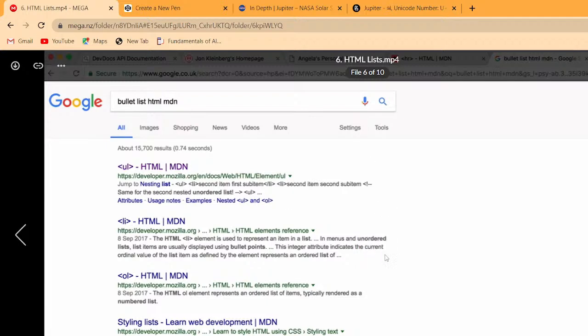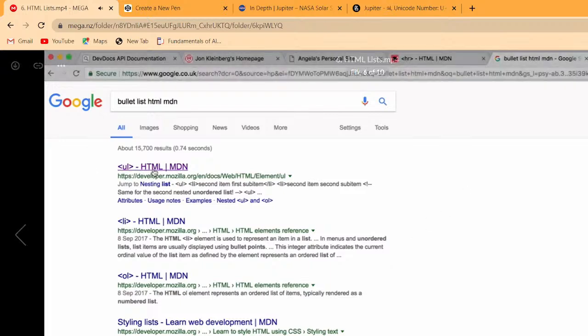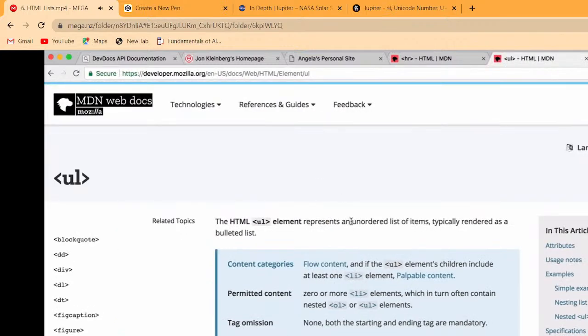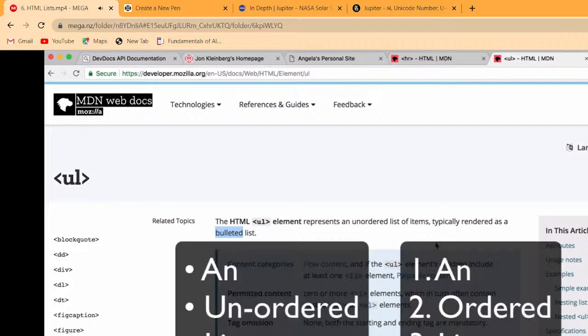If you hit enter, you can see that the first one that comes up is the UL element, and that's exactly what we want. So UL stands for unordered list. So essentially a bullet point list. Now, ordered list would be something that has A, B, C, or 1,